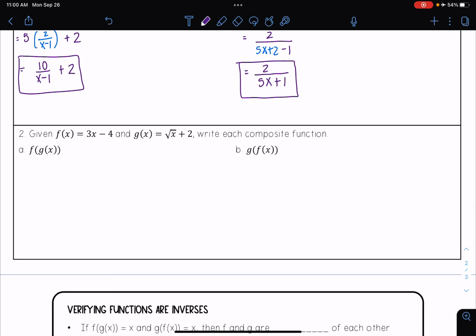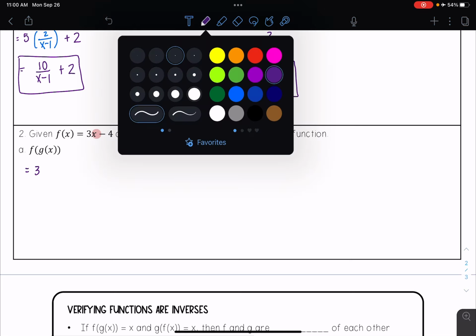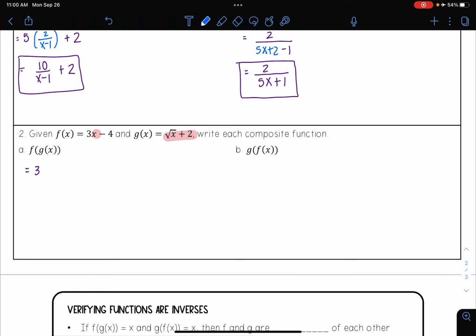Okay, let's look at another example. So here f of x is equal to 3x minus 4, and g of x is equal to the square root of x plus 2. Write each composite function. First one, I have f of g of x. So I'm starting with my function f, and I want to replace x with what g of x is equal to. So that means I have 3 times x, which is being replaced with g of x, so square root of x plus 2